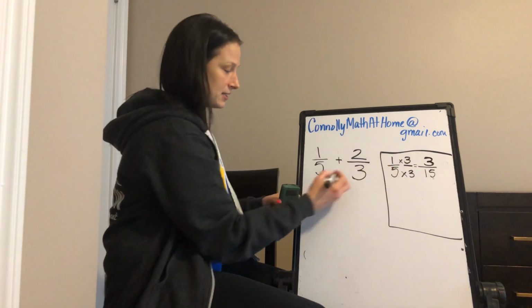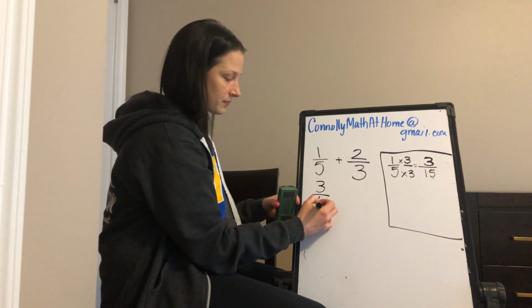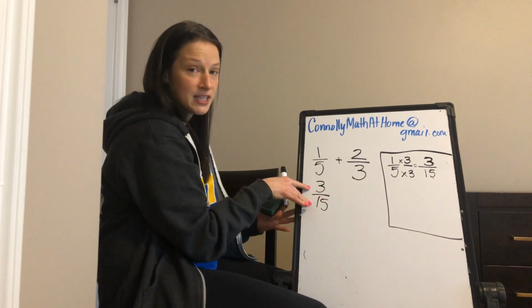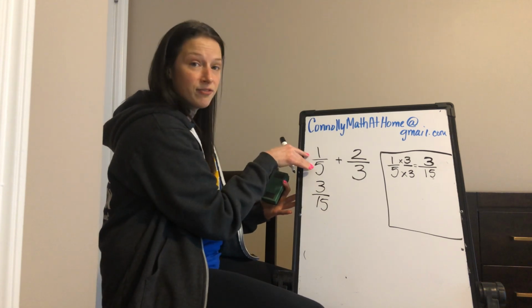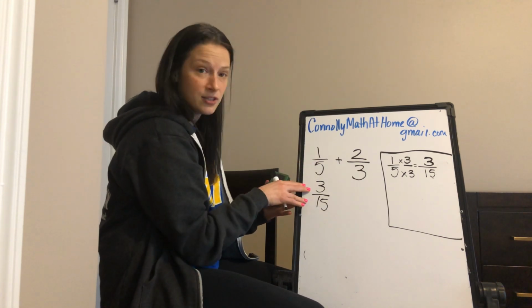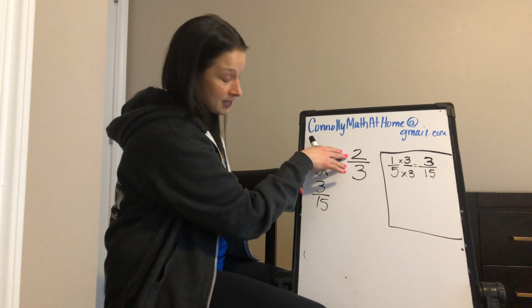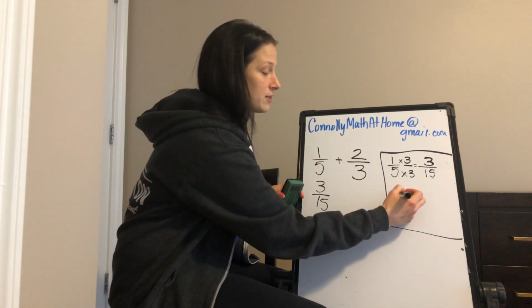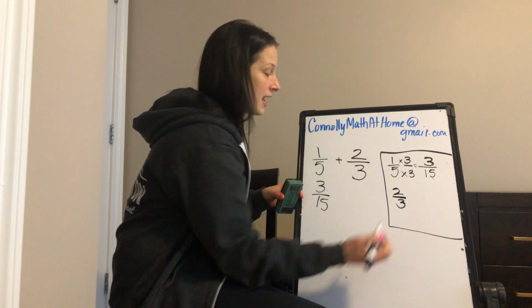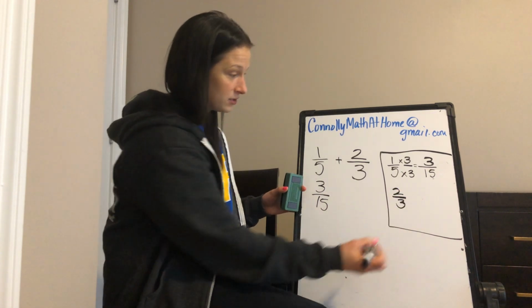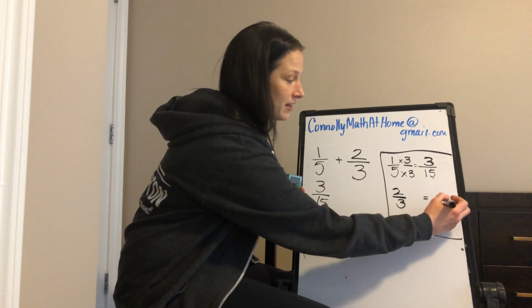Okay, I'm going to take this and I'm going to write it right underneath. I know that 3/15 is the same amount as 1/5, so I write it right underneath so I can keep track of my work. Then I say it's time for 2/3. I go over to my equivalent fraction box and I say 2/3. I know that I want to make 15ths,